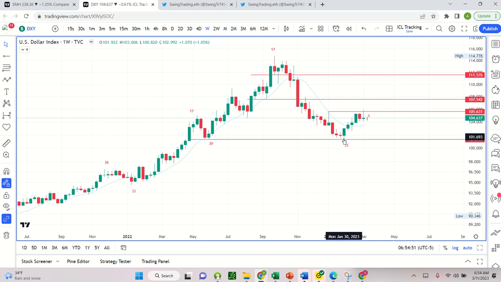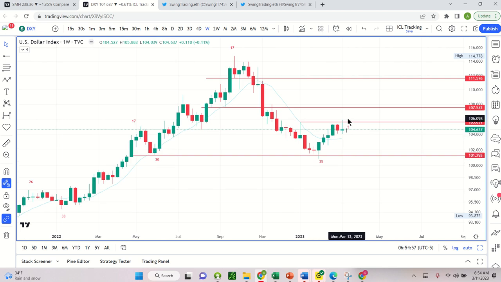Of course, instead of doing that, it rebounded. So it's always important to see what price does when it gets to that key pivot, and we've got a weekly cycle rally on our hands. How many weeks has that been? Week 1, week 2, week 3, week 4. So this was week 5 that made a higher high.